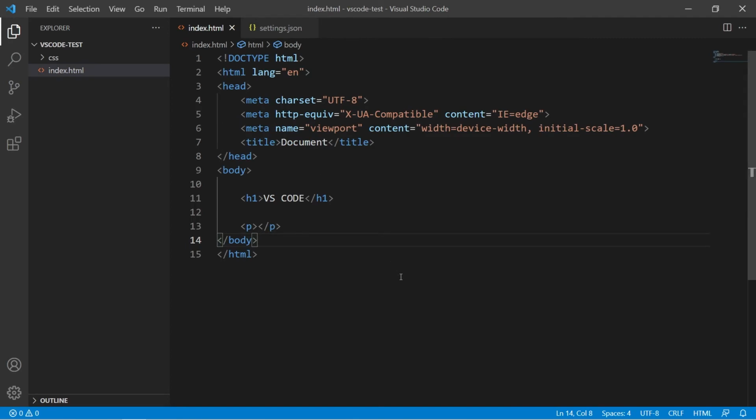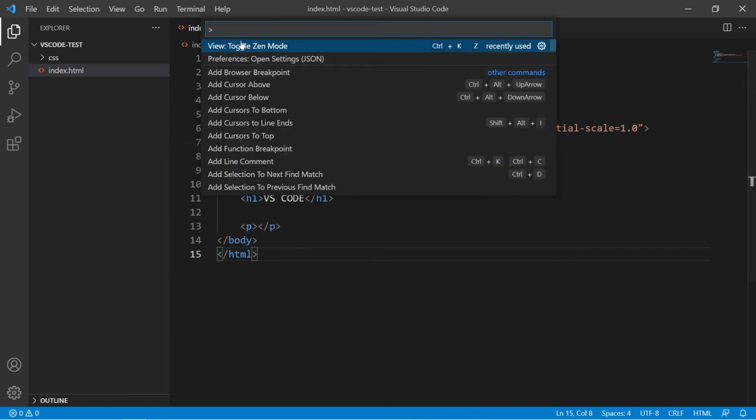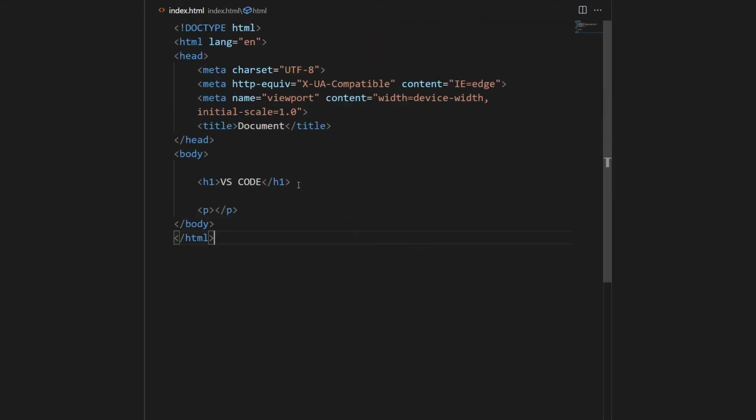And if I want to show you again, I can just open the command palette. Let's open it from here right now. Again, I will click on this toggle Zen mode. You can see we have only this window right now. All the distractions have been closed. Let's move back using F11.